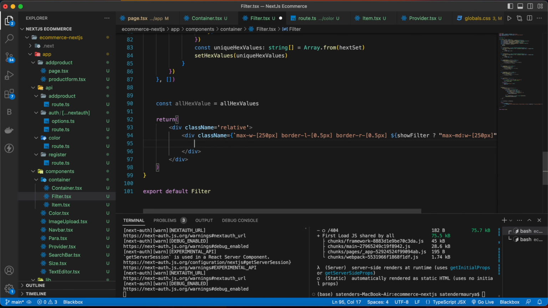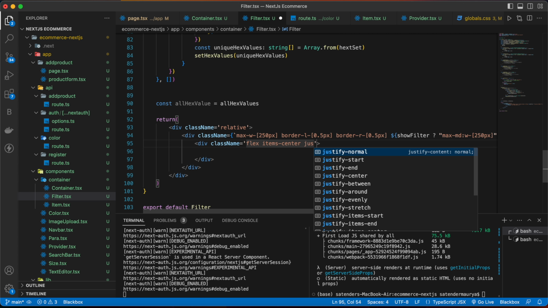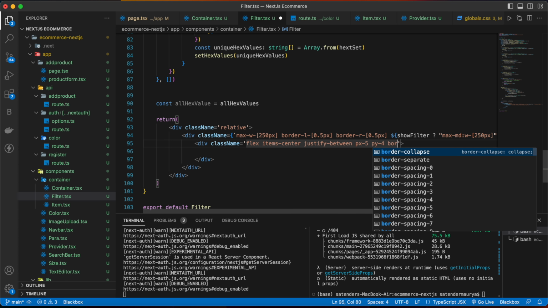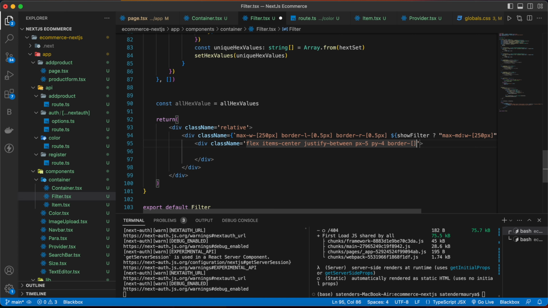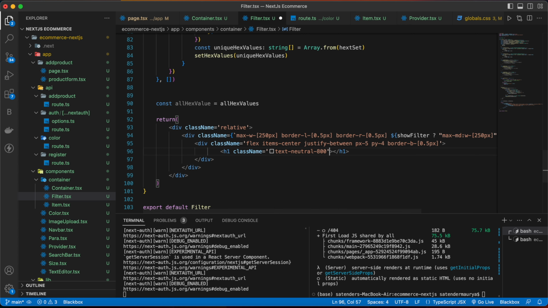Inside this div, make one more div with the class name of flex items center, justify between, px5 py4 and border bottom of 0.5 pixels, and then inside that I want to have an h1 tag with the class name of text neutral 800 and write filters.